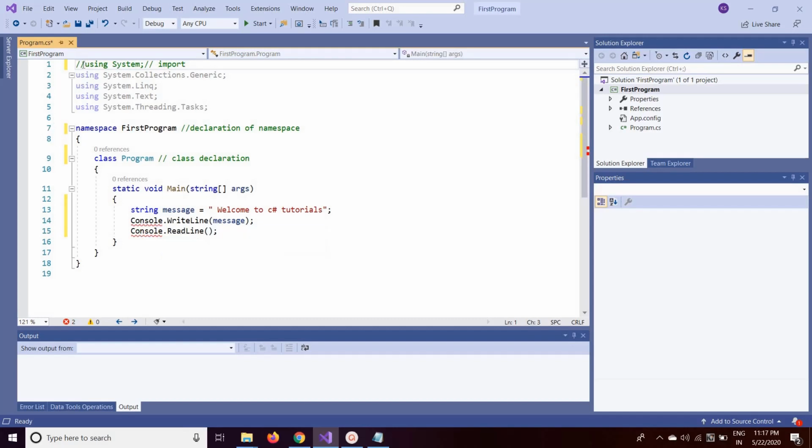So you need to include this in order to include these classes and methods in your project. Comments will not be compiled by the compiler, so you can add comments for readability.